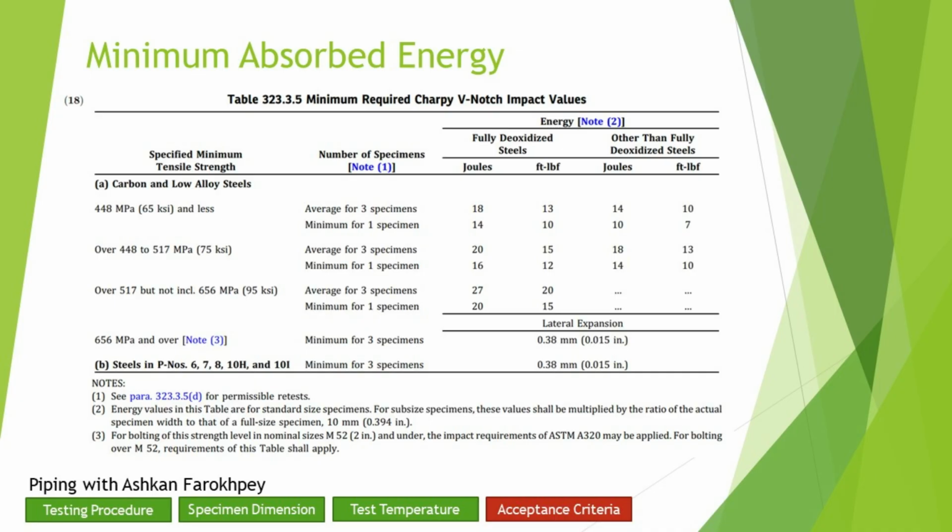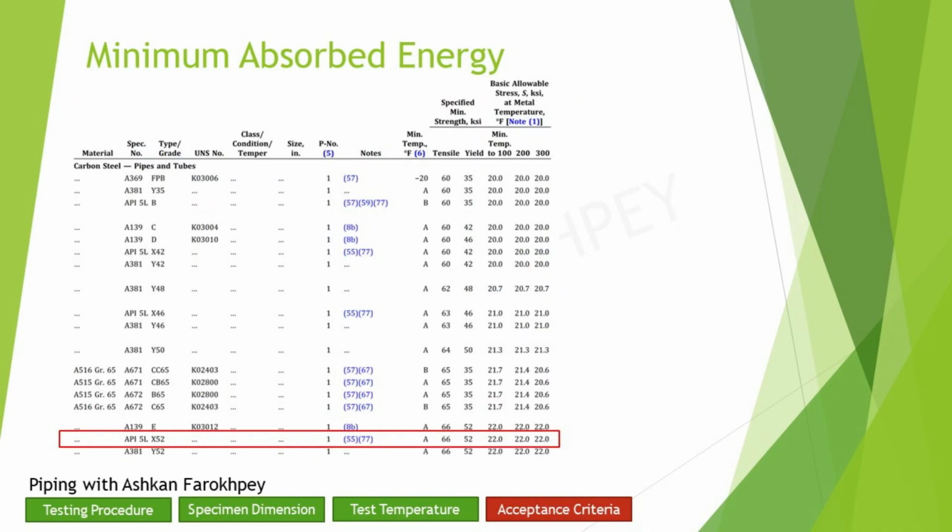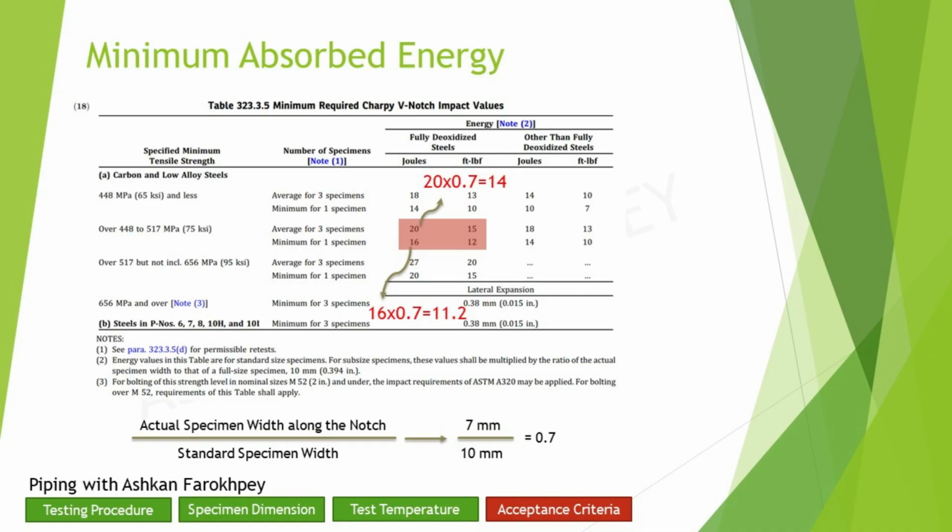It is divided into some rows based on the material UTS and some columns based on the manufacturing process of the material. For example, let's find the minimum absorbed energy for a specimen of API 5L grade X52, which has a 10 mm thickness and 7 mm width along the notch. As you can see from table A1 of this code, X52 grade material has 66 ksi UTS and it is fully deoxidized or killed carbon steel. So we need to use the second row and the first column for having the minimum absorbed energy of this